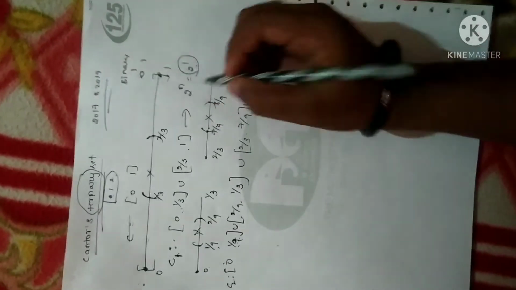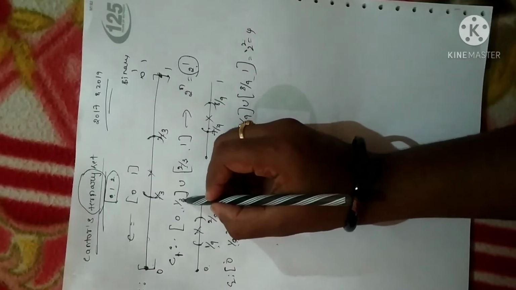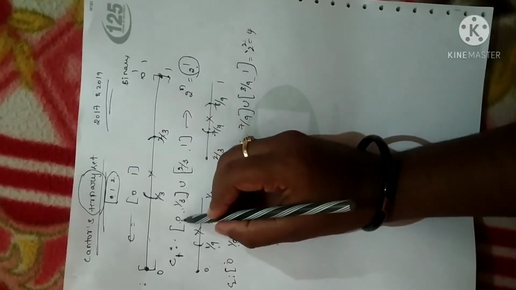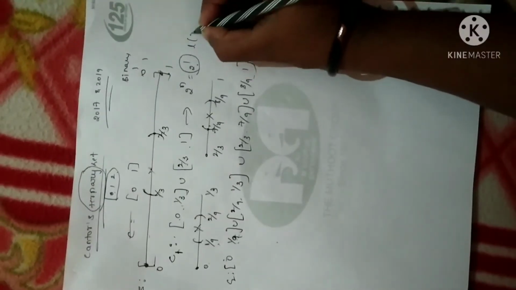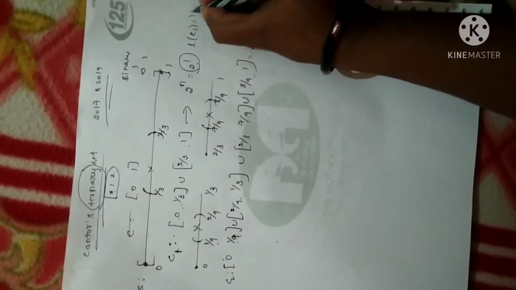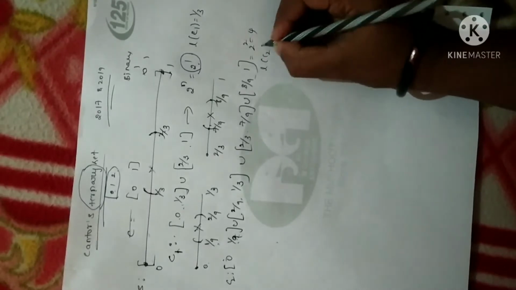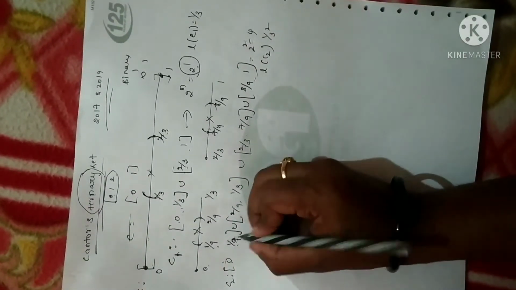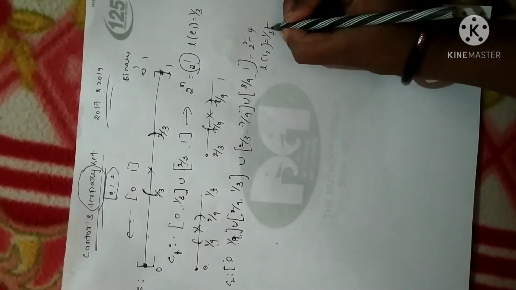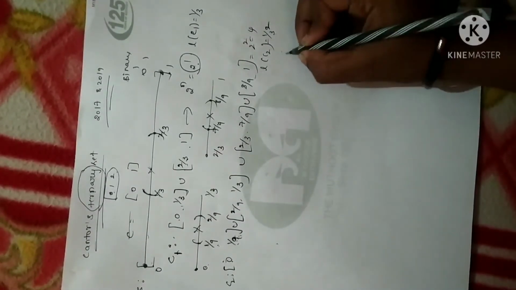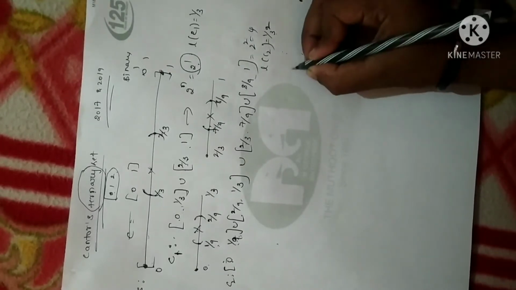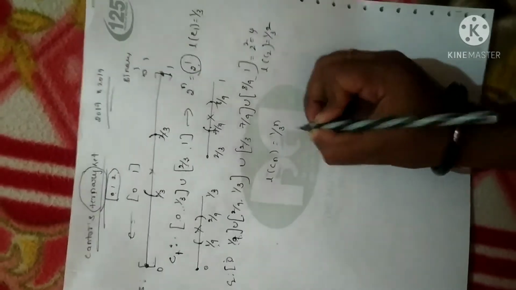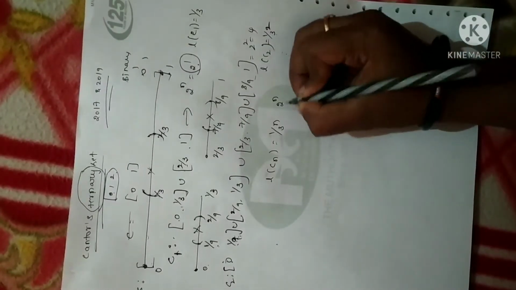Now coming to the length of this Cantor ternary set: the length is none other than the difference of the end points. So 1 by 3 minus 0 is 1 by 3. So the length of C1 is 1 by 3. The length of C2 is 1 by 3 square. Right? 1 by 9 minus 0 is 1 by 9. So 1 by 9 can be written as 3 square. Fine. So when you continue the same process, the length of any Cantor ternary set is 1 by 3 power of n with subintervals as 2 power of n.